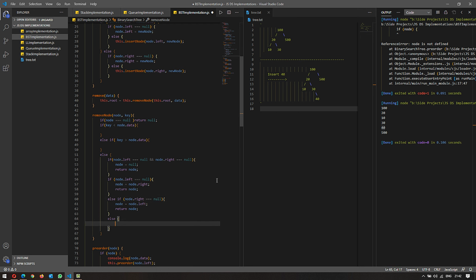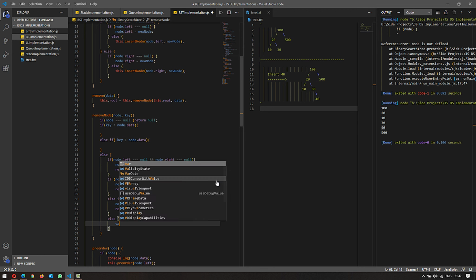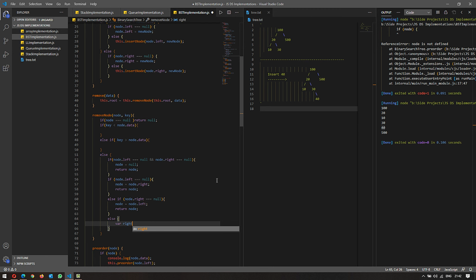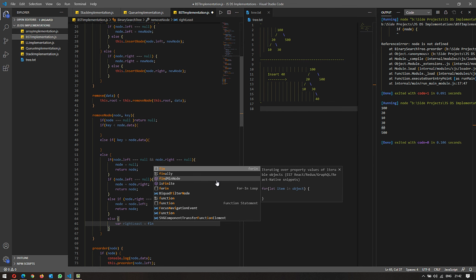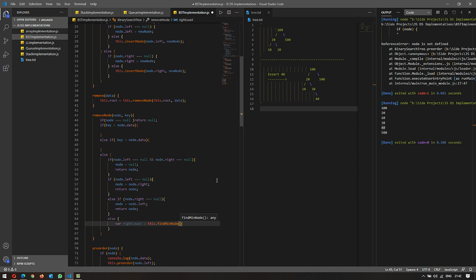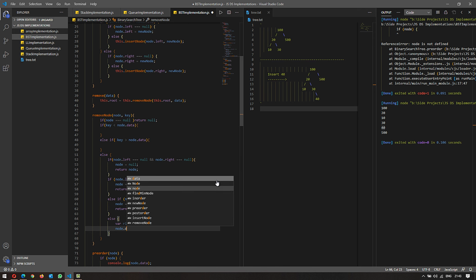And finally, when there is a multi-level tree at one of the sides, we will replace the current node with another node with the least value on the right side. So let us define a right least value variable, and we'll actually call the find minimum function here and pass in the right part of the tree, and then we will do node.data equal to right least.data,